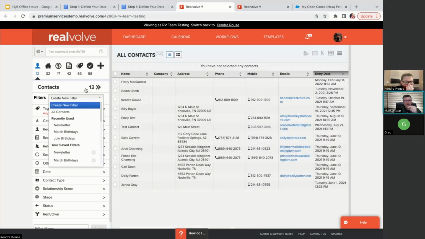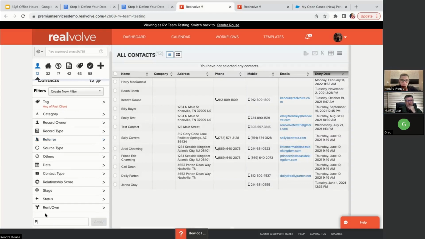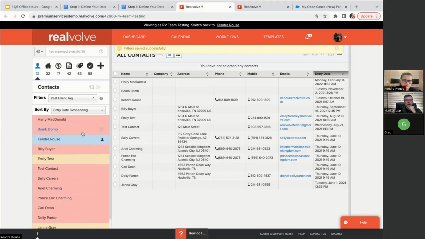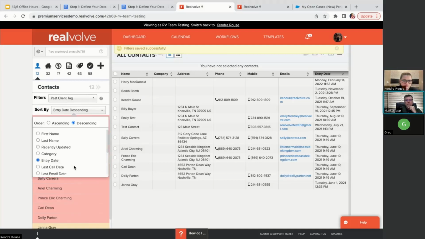Actually take off or save that filter. You really need to kind of save that filter from where you're at right now. Perfect. Now on that sort by, if you'll go ahead and sort by last call date,